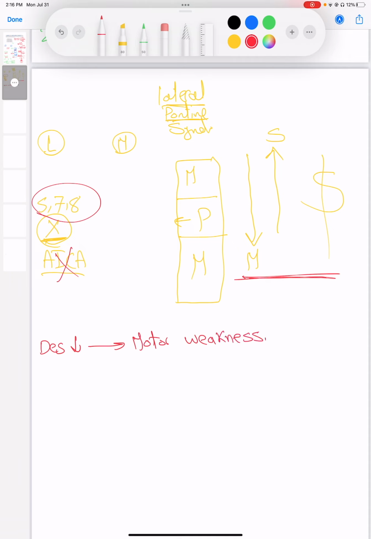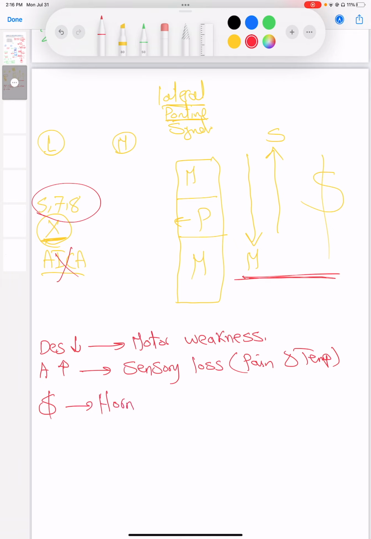Then we have the ascending tract, which is sensory loss, pain and temperature. Then we have the sympathetic tract, and sympathetic loss leads to Horner syndrome, which is